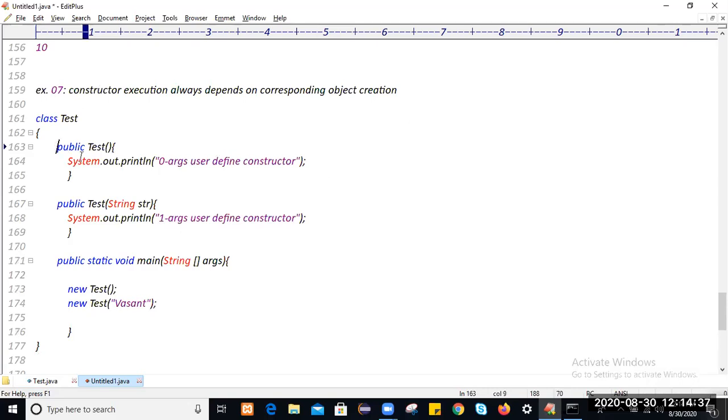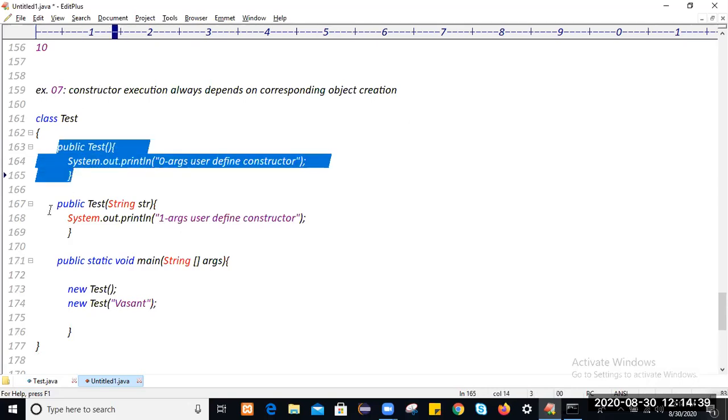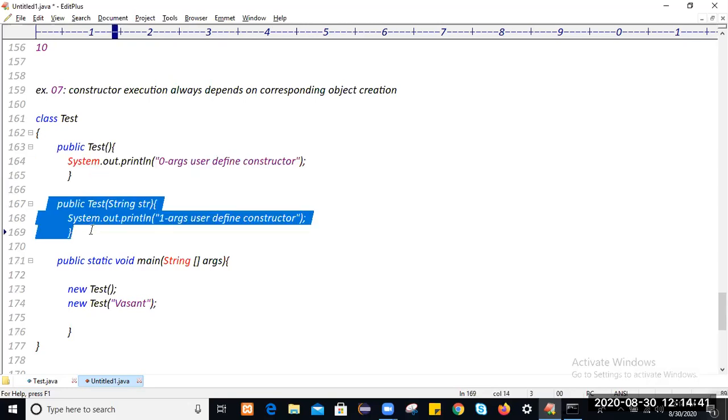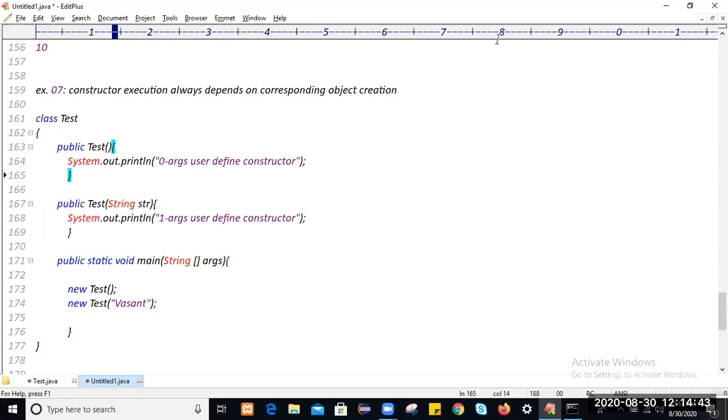If you create a zero-argument object, the zero-arg constructor will get executed. If you create a one-argument object, the one-arg constructor will get executed. Now you just tell me, what is the output? What output will you get?